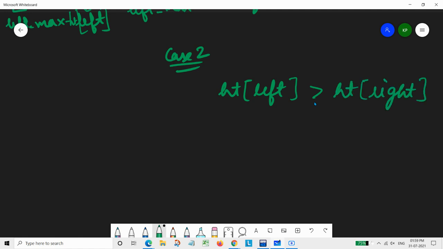In this case, again we need to handle those two cases only which we handled previously. But this time things would be basically opposite to what we were doing in the previous one. In this, the first thing we need to do is add into our answer the height of right.